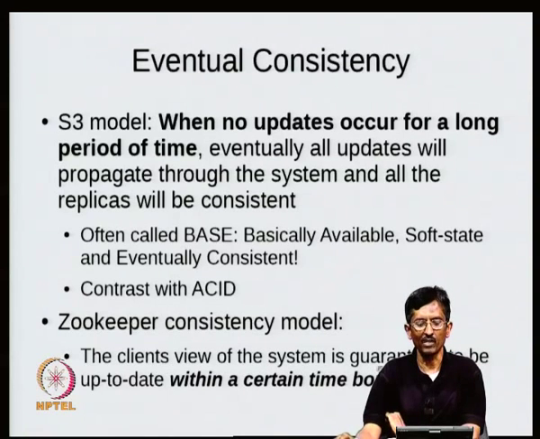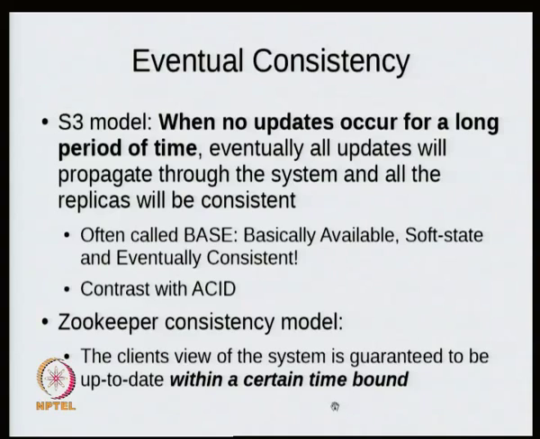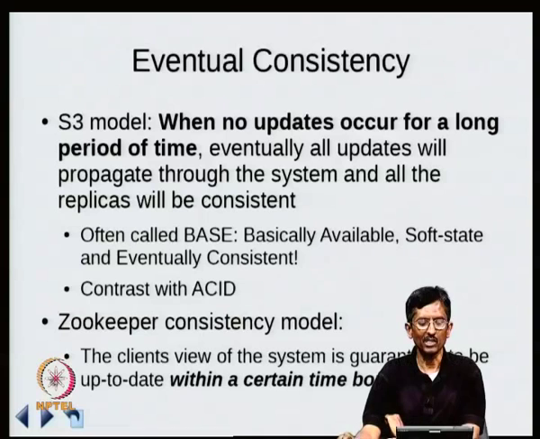The client's view of the system is guaranteed to be up to date within a certain time bound. So, for example, in the Zookeeper model, you might keep information about which machines are up, which machines are down. Now, it's possible that within that time bound, if you wait long enough, then it will all be consistent. But if it is much before that, it may be that some machine is thought to be alive when it is dead, and vice versa. It's possible. And this can create lots of complexities in real systems, and that's why, as I mentioned earlier, there is something called group communication systems which attempts to solve this problem.